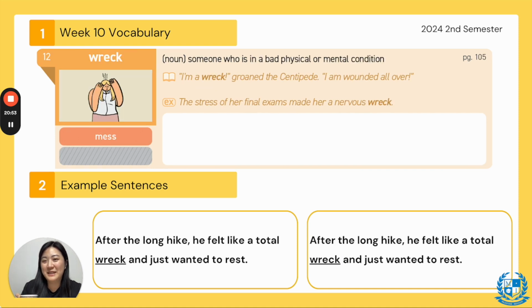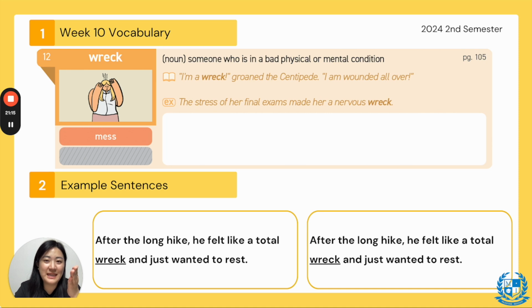Okay. Number 12. Everyone say wreck. Wreck. The synonym is a mess, and this is a noun. It means someone who is in a bad physical or mental condition. Meaning,